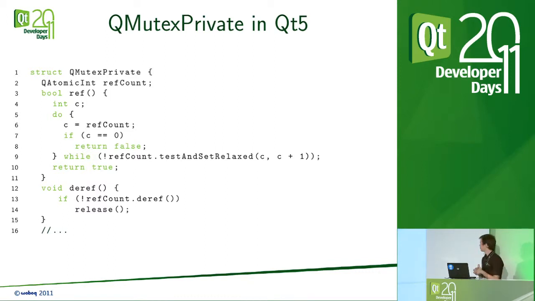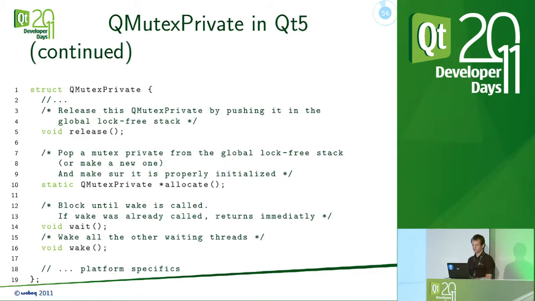So the ref count here is a bit special, because we don't want to ref if we were already equal to 0. So the ref count is basically we want to increment atomically, but not if it was equal to 0, and we return false if it was equal to 0. And the deref will deref the ref count and release if the ref count reaches 0. So release is just push the mutex to the lock-free stack, and when we allocate a new one when we lock, we will try to pop from this lock-free stack,